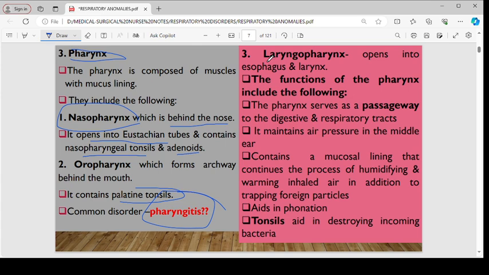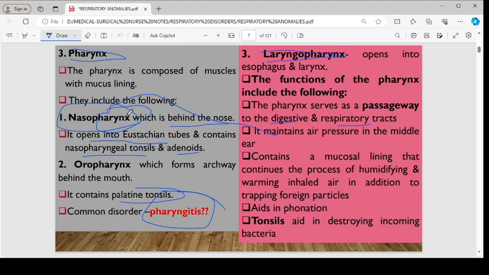Let's remind ourselves about the last part of the pharynx, which is the laryngopharynx, which opens into the esophagus and the larynx. That takes us to the functions of the pharynx. Number one, the pharynx serves as a passageway into the digestive and respiratory tract, and it also maintains air pressure in the middle ear, which is more associated with the nasopharynx, the first part